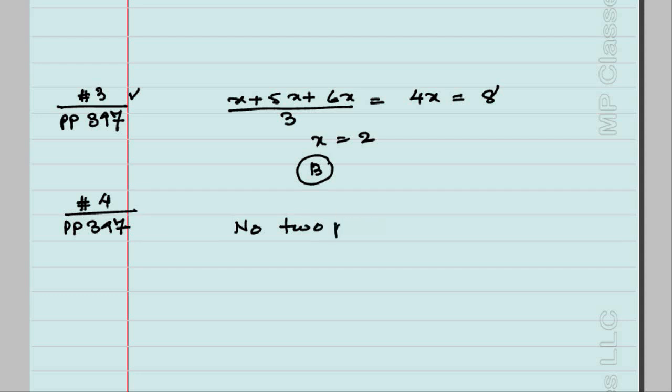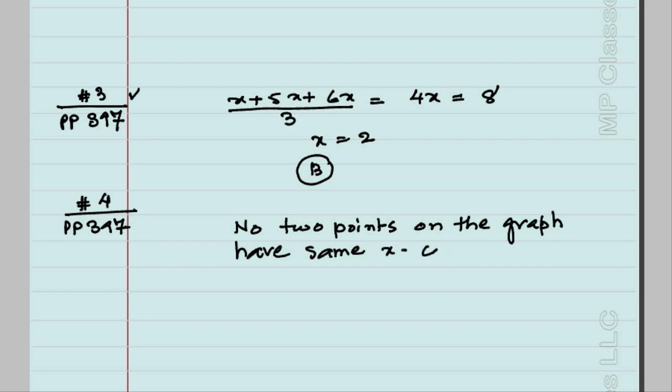2 points on the graph have same x coordinate. What does this mean? Find out a graph in which there should not be any 2 points which will have the same x coordinate, and